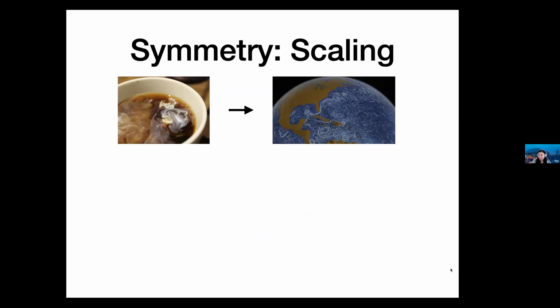Okay, so now we have talked about the general idea of equivariance, and we want to generalize CNNs, or convolutional nets, to other kinds of groups. So let's consider scaling symmetry, the symmetry group of scale. This is a mini example of how scale works in turbulence. We have very small eddies in coffee, and when we look at eddies at a much larger scale on the Earth for climate science, then we need to take care of the symmetry in this kind of transformation.